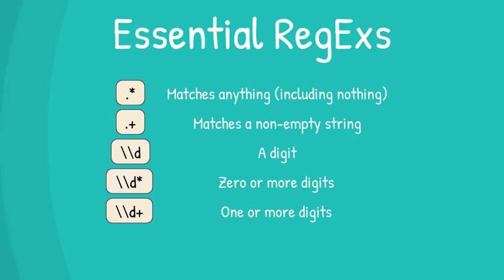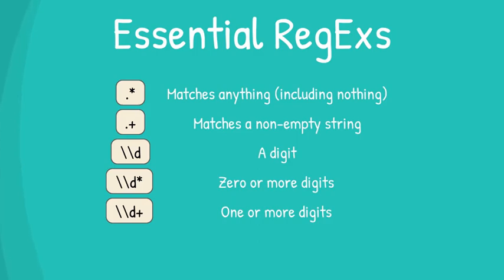Let's go back over the regular expressions we've seen so far. Dot represents any character, and dot star represents any sequence of characters, including 0, including nothing at all. If we want a non-empty sequence of characters, we would say dot plus. \d represents a digit, and in Java we say \\d because we have to escape the symbols. If we want 0 or more digits, we'd say \\d star, and if we want at least one digit, we'd